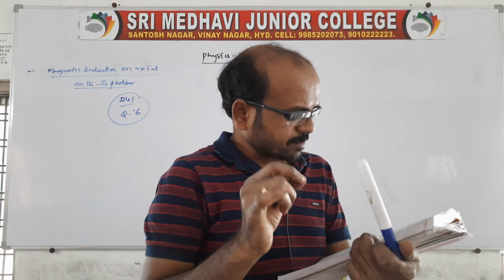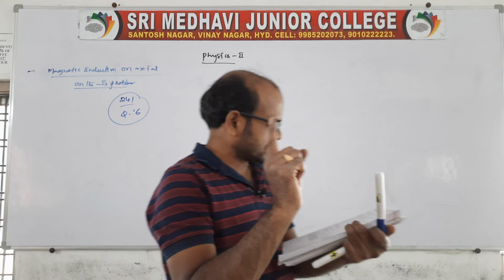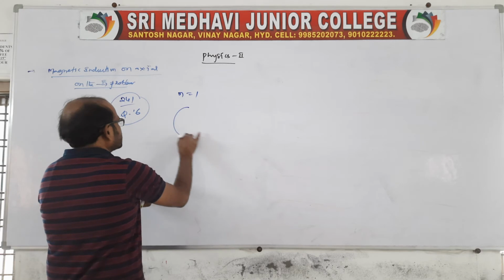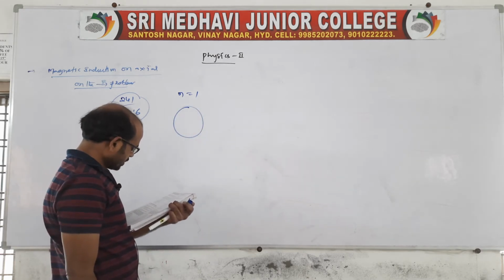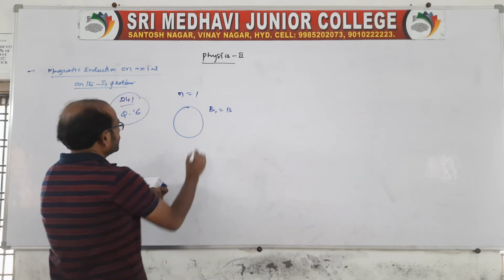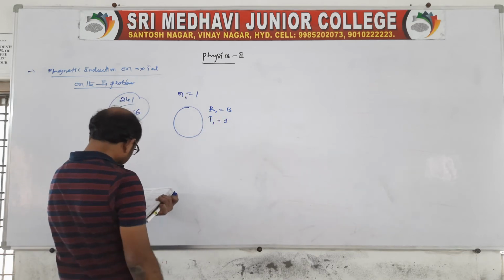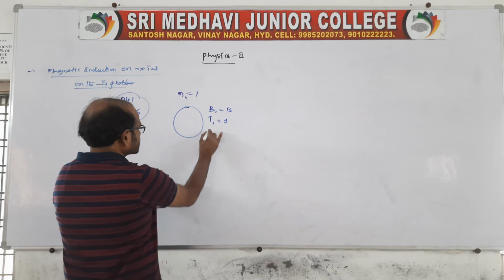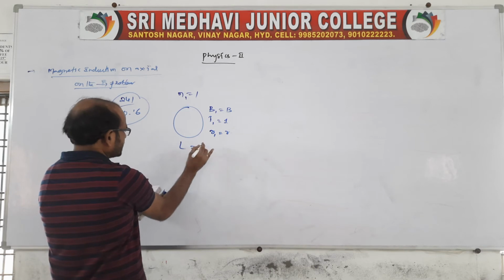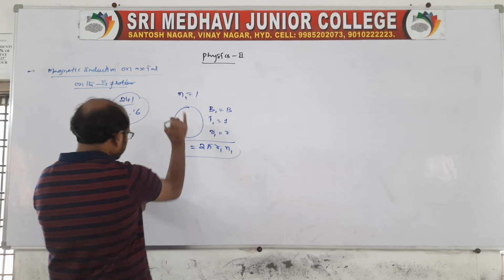If capital B is the magnetic field produced at the center of a circular coil of 1 turn of length L carrying a current I. We know about a circular coil carrying a current of 1 ampere, so B1 is equal to B, the number of turns N1 is 1, the current carried by the coil is 1 ampere, and the radius is R1 is equal to R. The length we don't know; L is equal to the circumference, 2 pi R1 N1, the circumference of the circle.